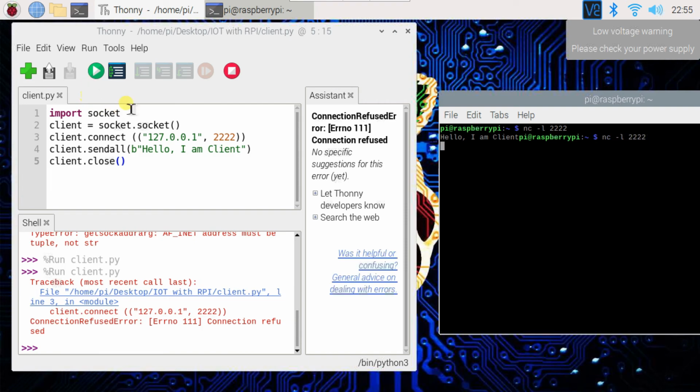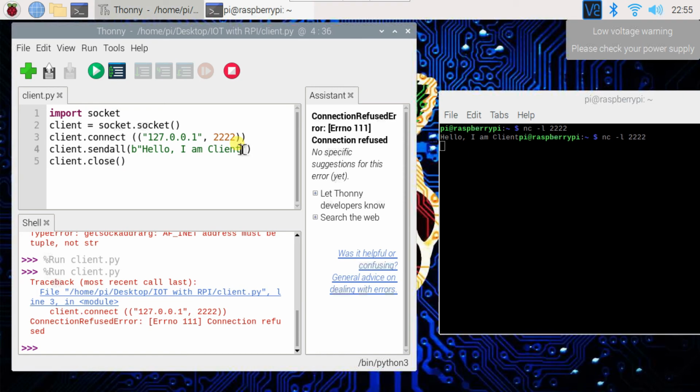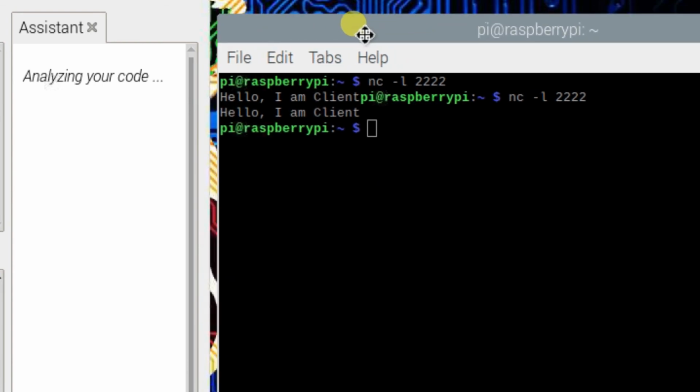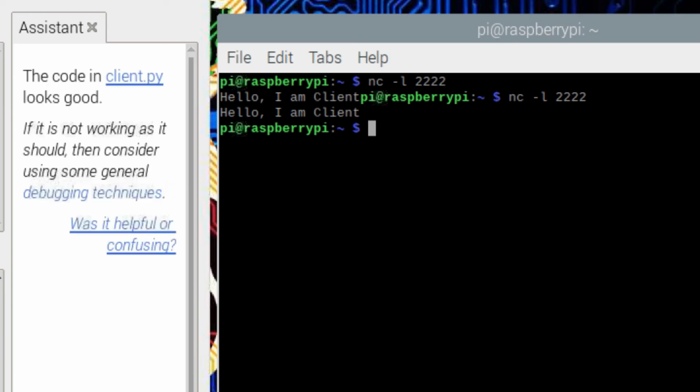Okay, now I will print in next line. Okay, and run. Wow, so you can see how to send this message from client to server, and you learned how to create a simple client by using socket library.